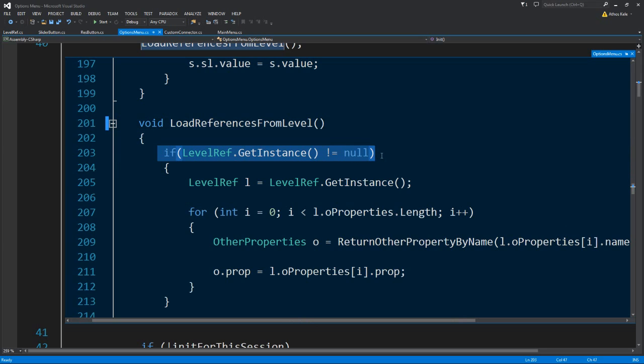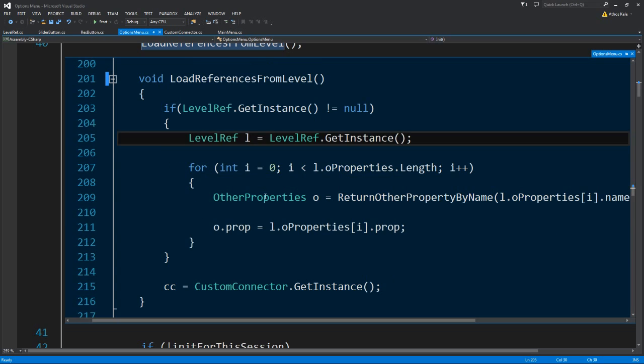If you can actually find the level reference, now this is a bit redundant since the level reference is what actually loaded this. But there are some cases, for testing, where you might not want to have a level reference. So if you can actually find it,